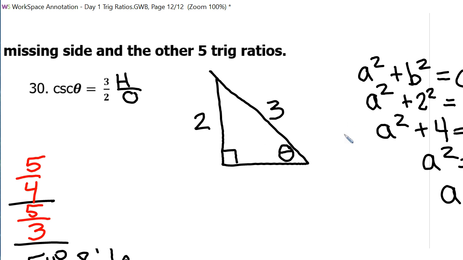Now, if this were square root of 40, would you leave square root of 40? No. What would be the simplified form for square root of 40? 2 square root of 10. Keep that in mind when you do your homework. But this one is fine. Square root of 5. Once you have all 3 sides, then you can find your sine, your cosine, your tangent,